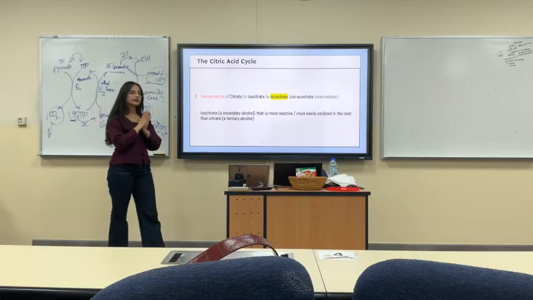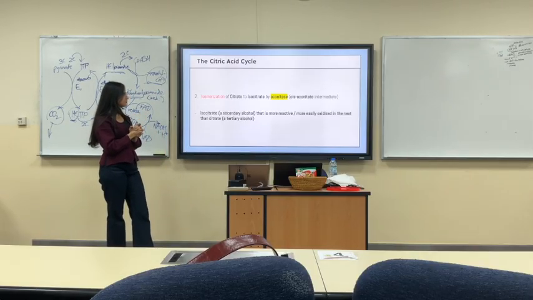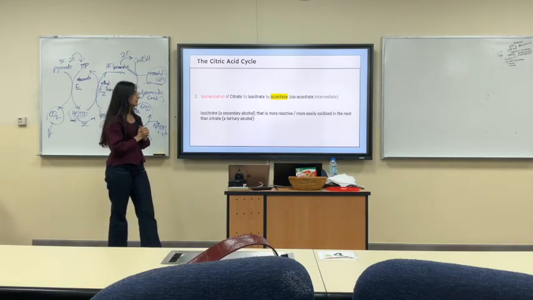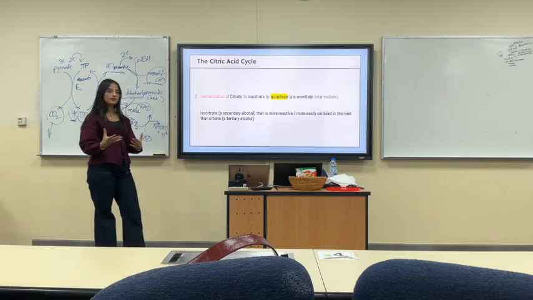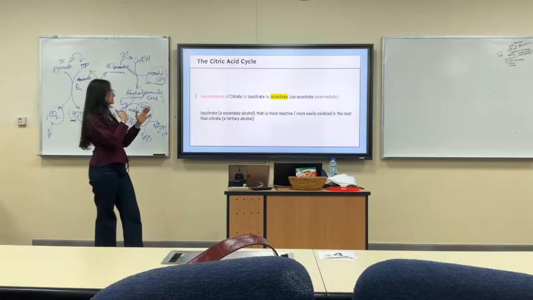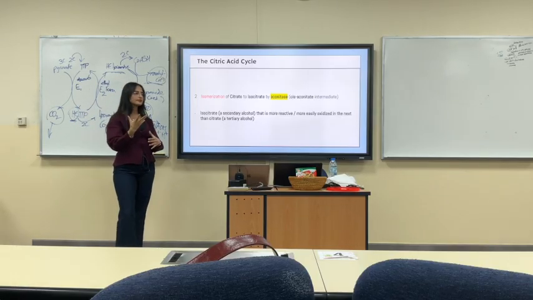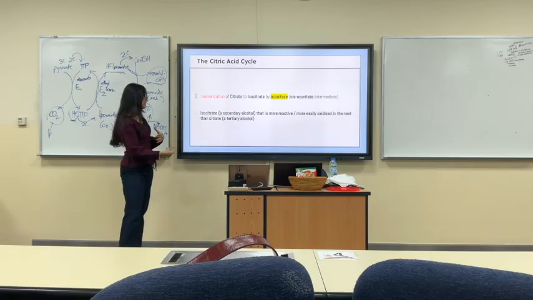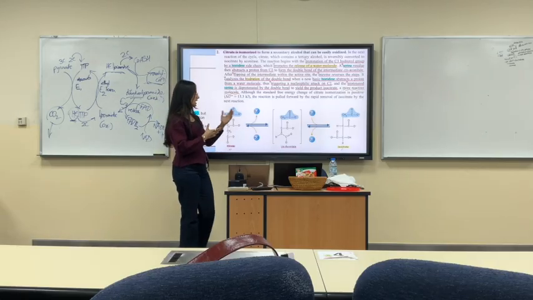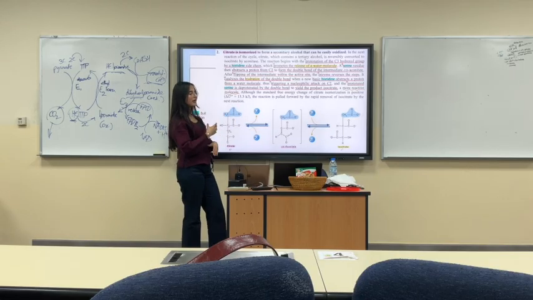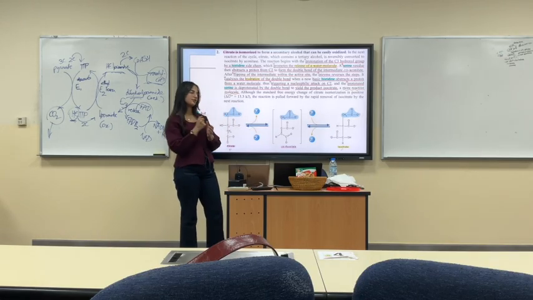Okay. Next, second step is isomerization of citrate to isocitrate by the enzyme aconitase, and it's called this name because there is a cis-aconitase intermediate. So why does this happen? Because isocitrate is a secondary alcohol which is more reactive and more easily oxidized in the next step than citrate, which is a tertiary alcohol. So we take the citrate that we produced and we isomerize it to another form of the same molecule, which is isocitrate, which is a secondary alcohol, and it's easier to oxidize in the third step of the citric